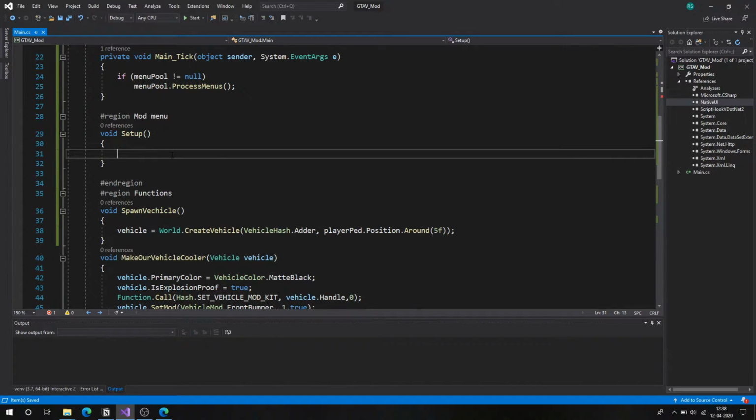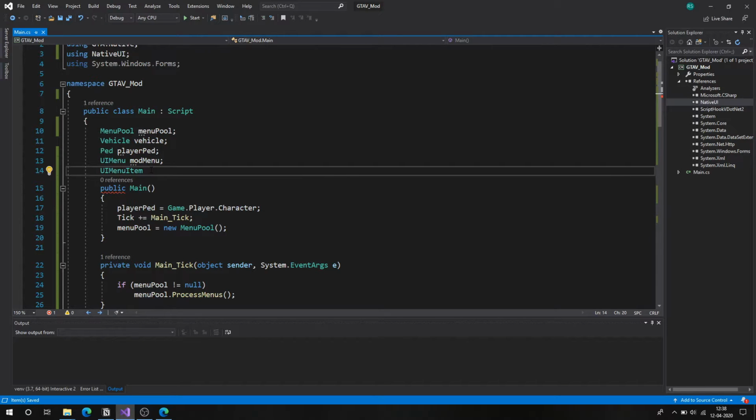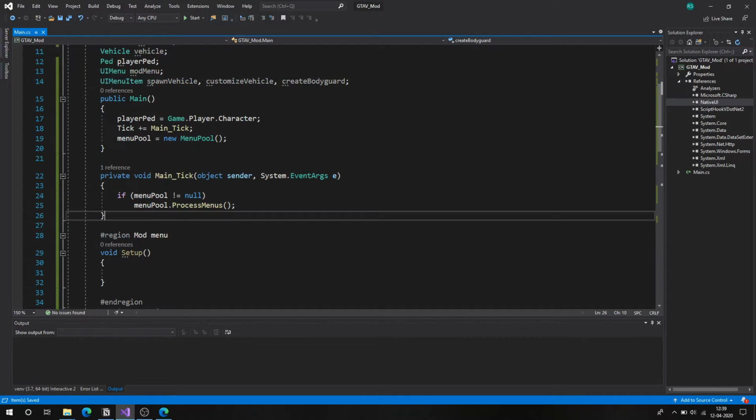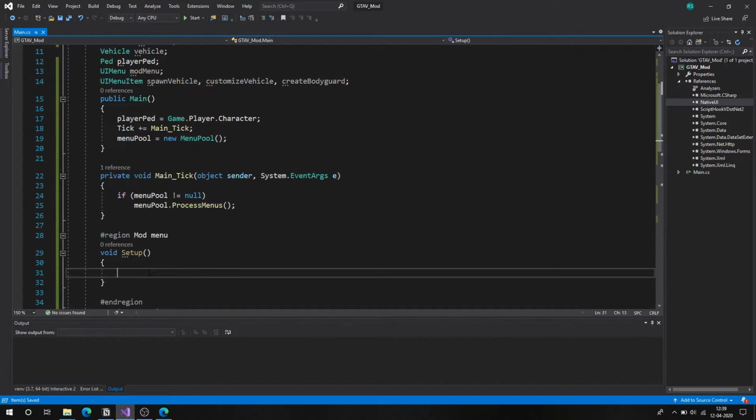So I'll just make three buttons up here. Spawn vehicle, customize vehicle, and create bodyguard. Alrighty, then I'll just start setting up my mod menu, UI menu first. So mod menu is equal to new UI menu,